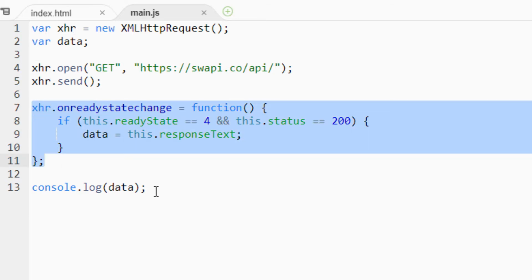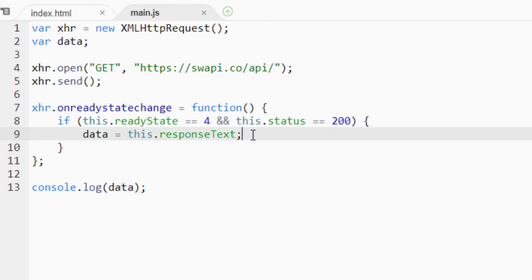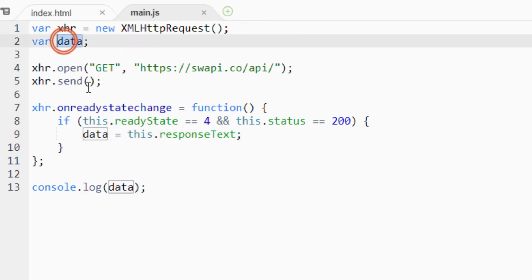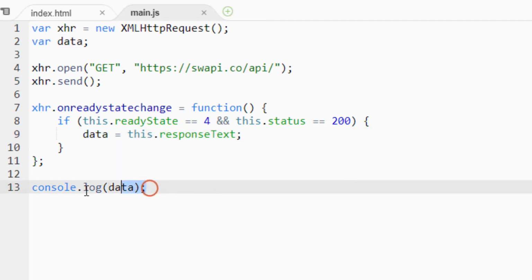xhr.send. So this means that when we run console.log data, it doesn't have anything in there yet. Data is not set until after console.log has been called, which is why we're getting a response of undefined. Now, if I were to move my console.log data into line 10, just after where we set the variable,